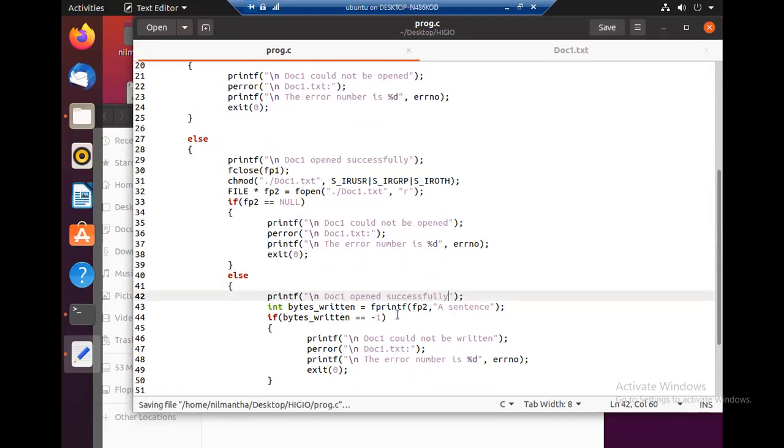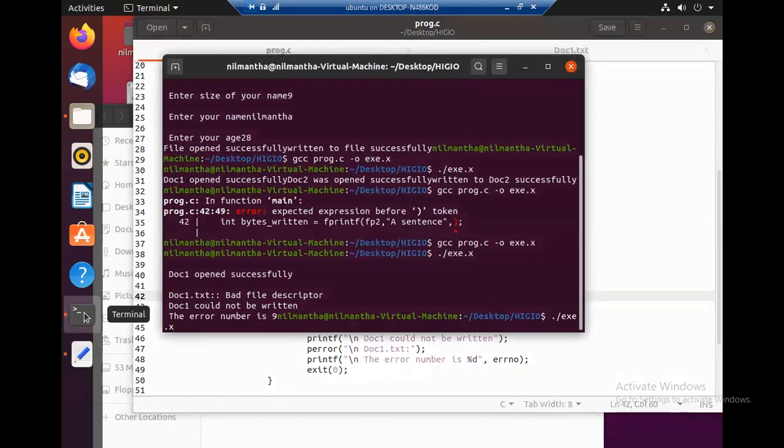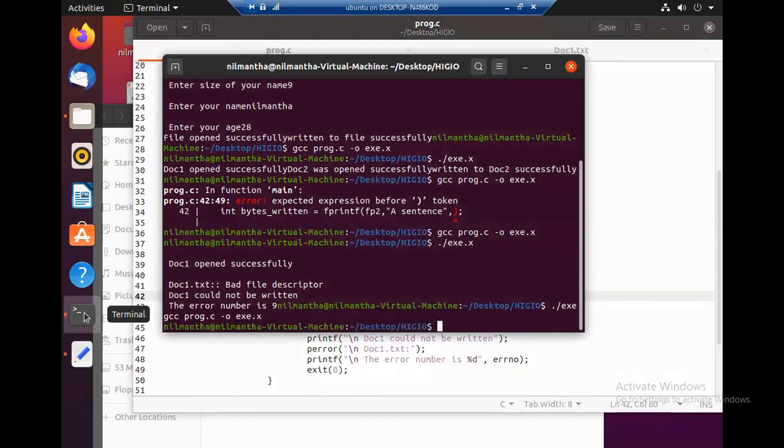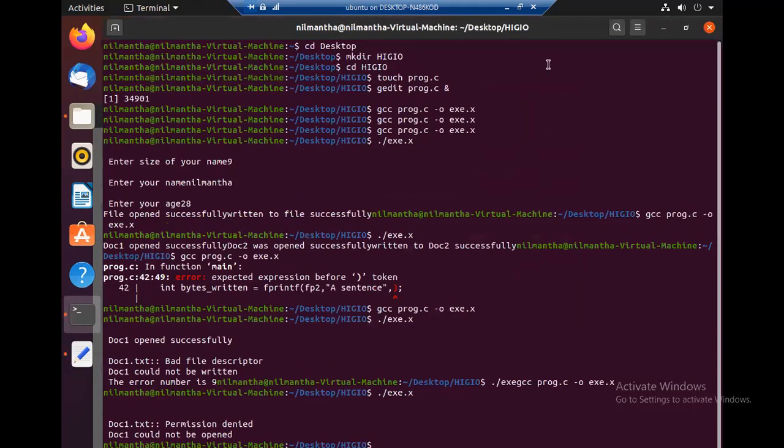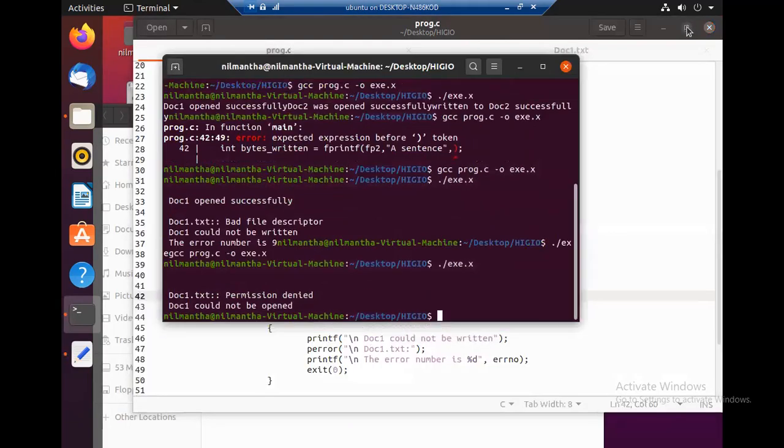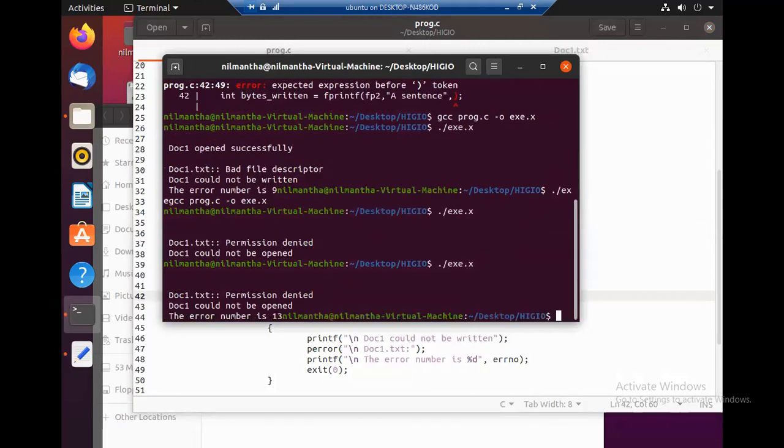Then only if there are errors, we have to print them. It is printing something, but it is not showing the reason.